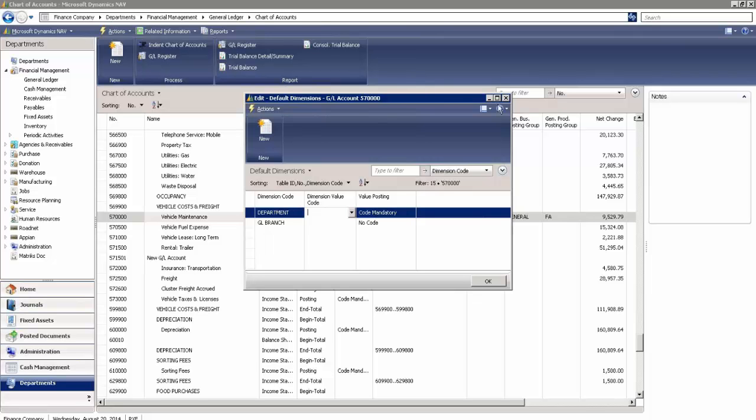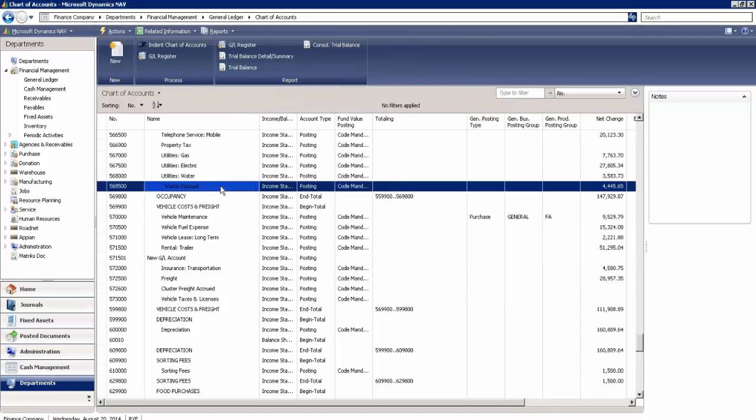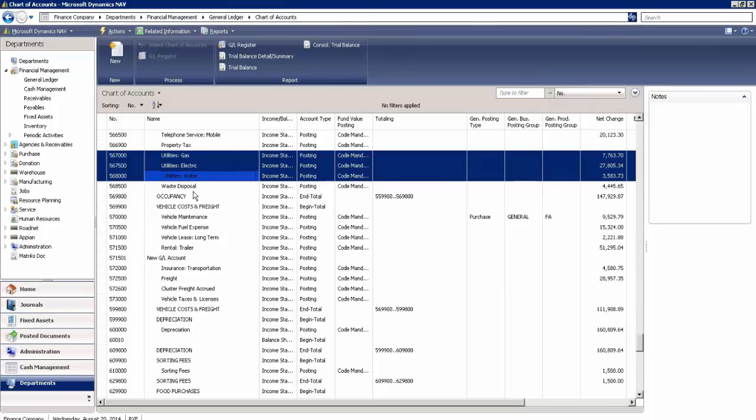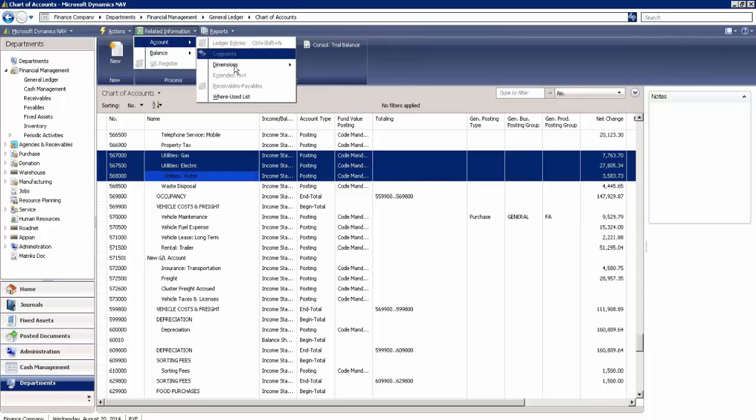Okay, so let's talk about, once we've got our dimensions coded, can we get NAV to do some of the work? Because if I go through all my chart of accounts, let me show you an example of the multiples. Let's say all of these utilities right here, I want to make sure that they put a department on them, but I don't really care which department they use. Well, in here I can highlight all three, and I go up to related information, account, dimensions,